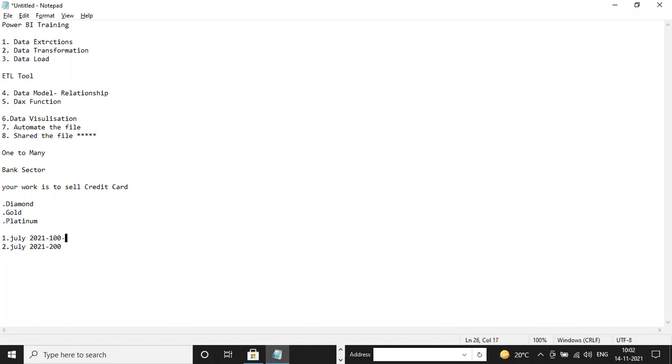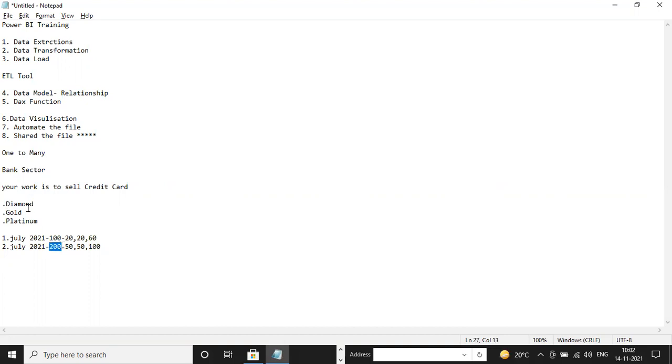Out of this 100, suppose 20 are diamond, 20 are gold, and 60 are platinum. In the same way here, suppose 50, 50 and 100. So the total number of cards you sell is 100 plus 200. It means a total of 300 cards you have sold in those 2 days.